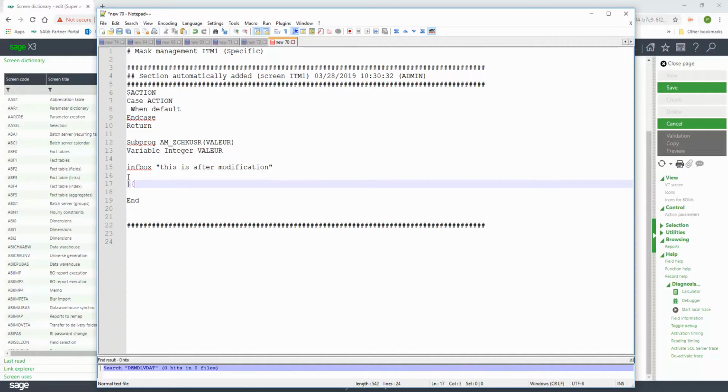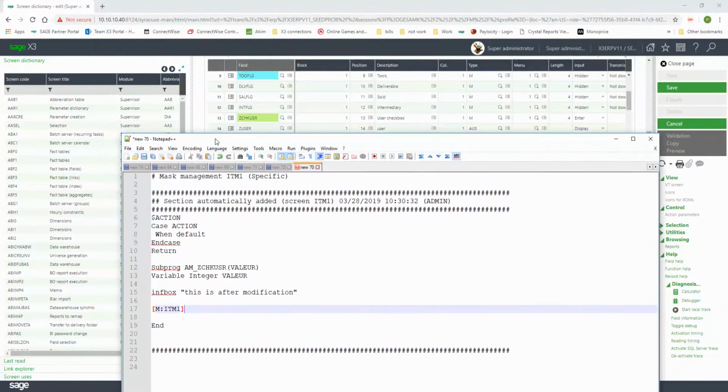In this situation, I put the screen mask for that field and the field name, which is Z user, is equal to,